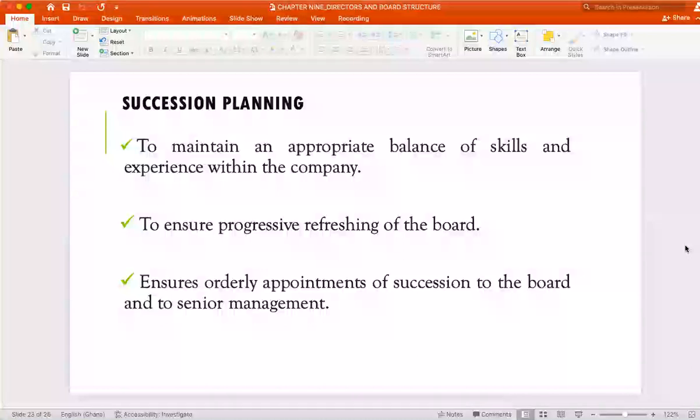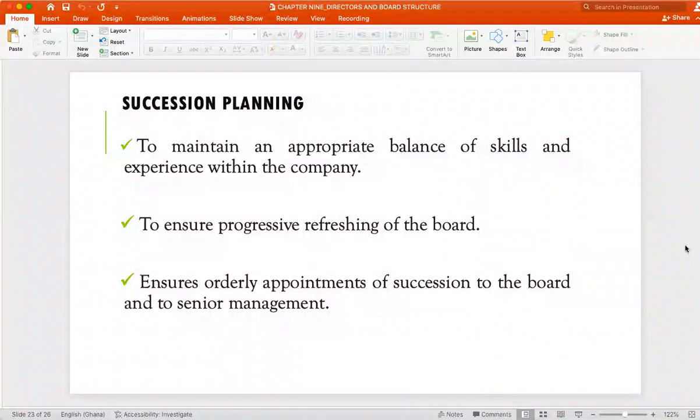Within the context of that, you also have to have succession planning. All right. I've realized that most of the difficulty most of these companies have is to actually get people with the knowledge and the experience. Okay. Yeah, if you come to academia, maybe a lot of us may have the knowledge, but you don't have the experience when it comes to the practice of business. If you go to practice also, you may find just few people, and they may not also even have the knowledge, and so on and so forth. So succession planning and getting real qualified people to be on board is very, very difficult. Okay.